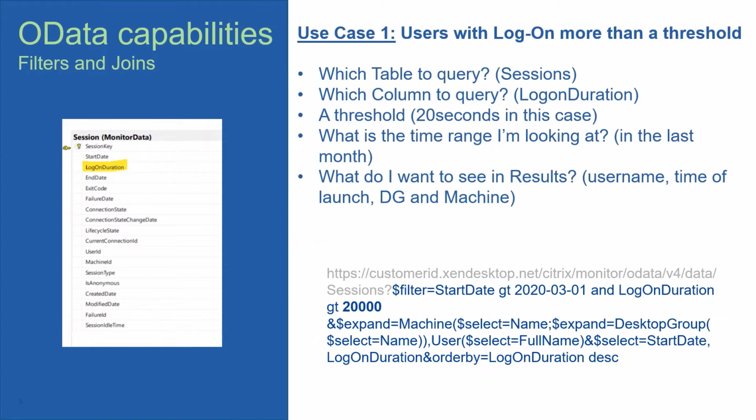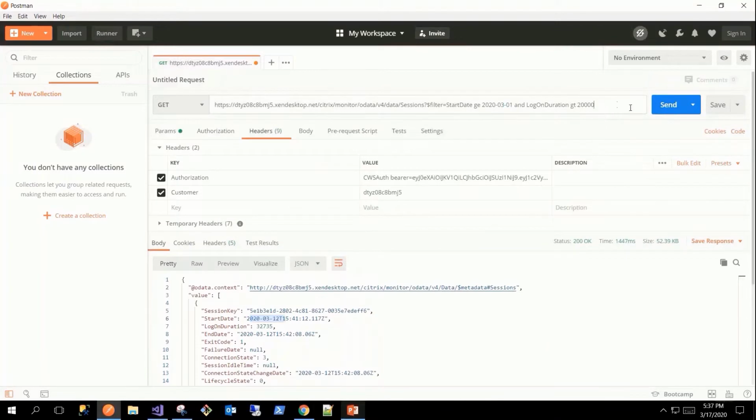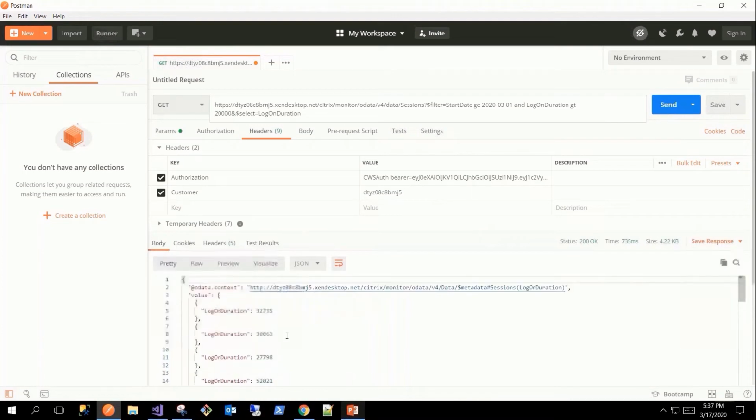What do I want in the results? Currently I have all the columns of the sessions table, which might not make sense for this particular use case, and I want only selected columns. So I'll select logon duration. It'll just list logon duration, and only logon duration doesn't make sense.